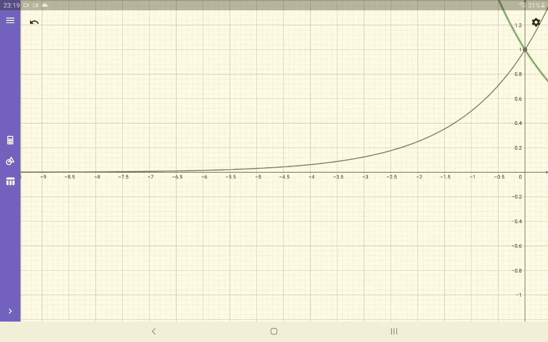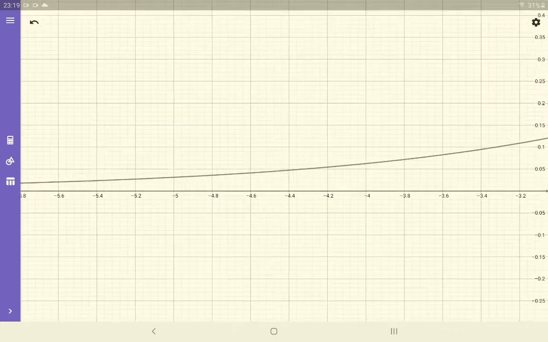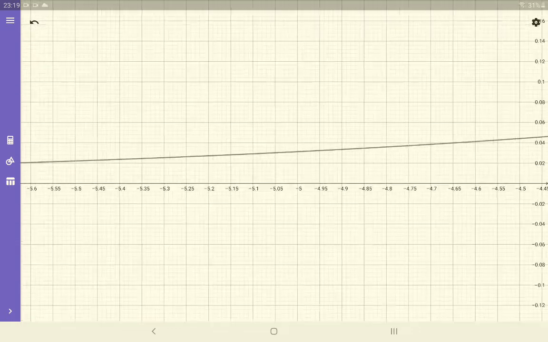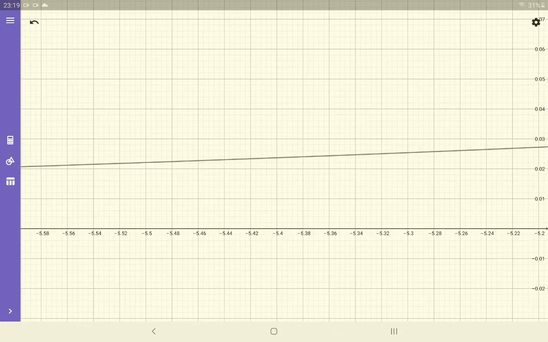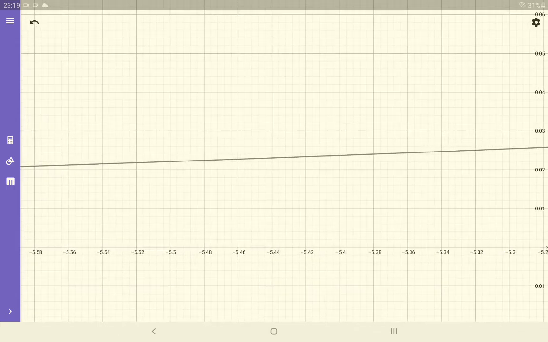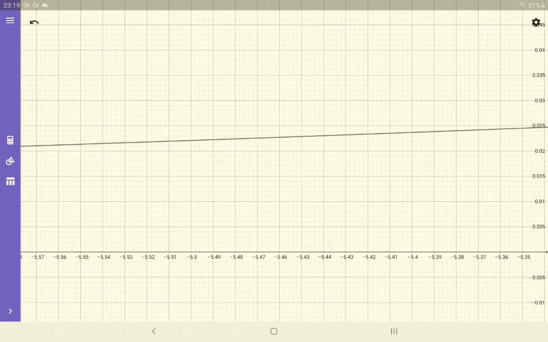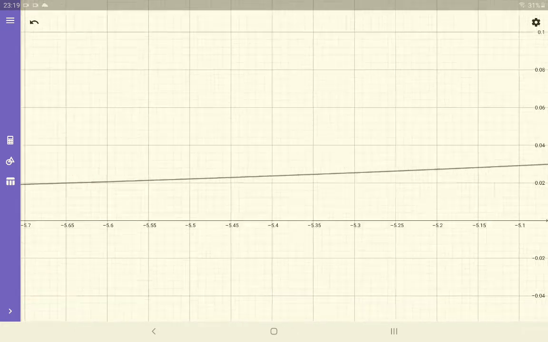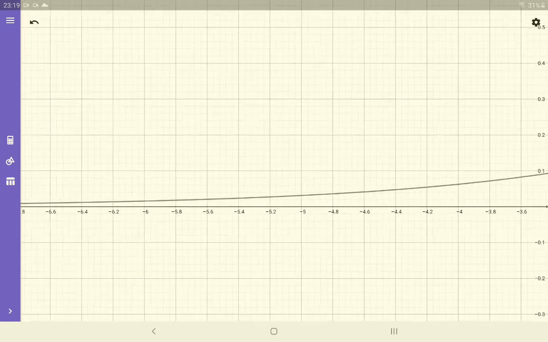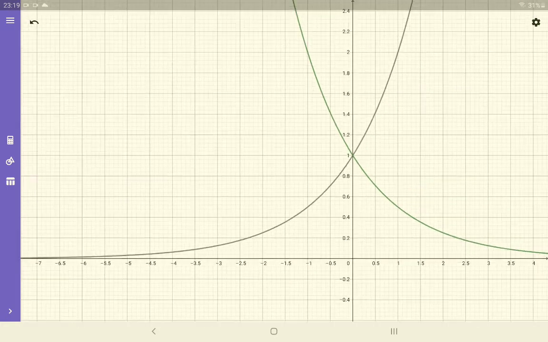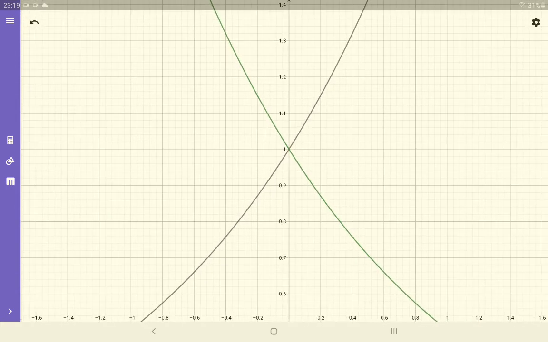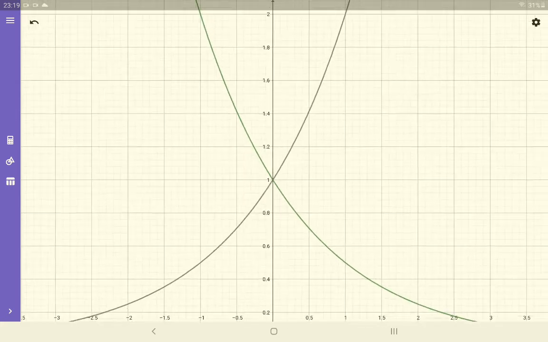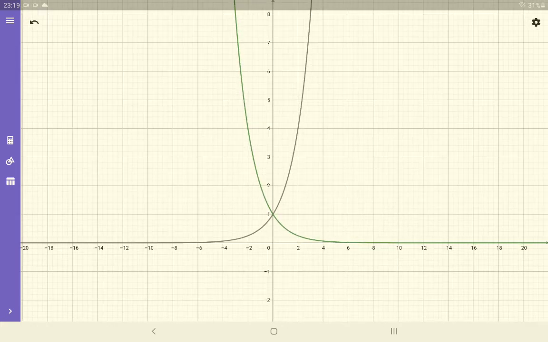See, if I am doing this like this, then you can see the difference between the graphs. It is away from the x-axis. It is not exactly on the x-axis, isn't it? You can see clearly. Zoom in, zoom out. From zoom in, zoom out, you can see clearly how it looks. So this is the graphical structure of the exponential function. You can make it on your own.